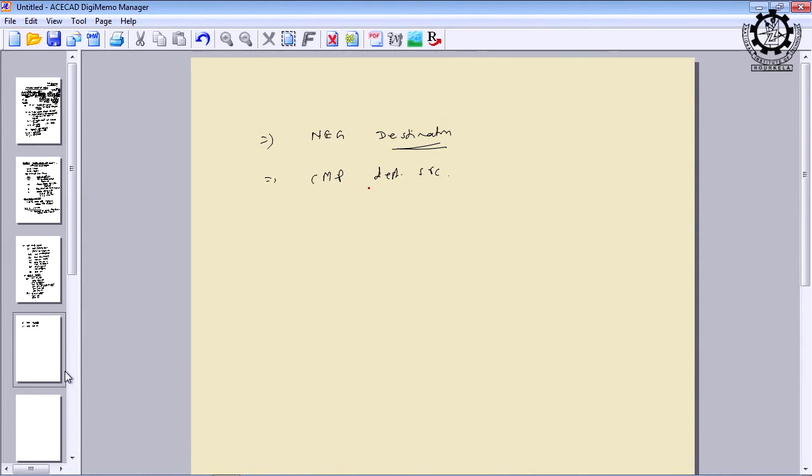Comparison means basically a subtraction operation, and you are testing whether the source is equal to destination, or less than, or greater than the destination. But how to test this condition? By using the flags. We have 9 flags, and 5 flags are most common, which are also available in 8085,